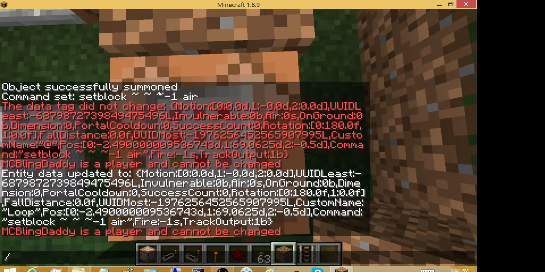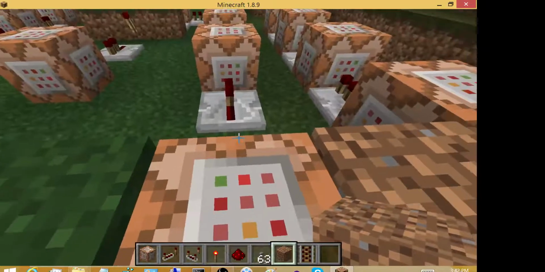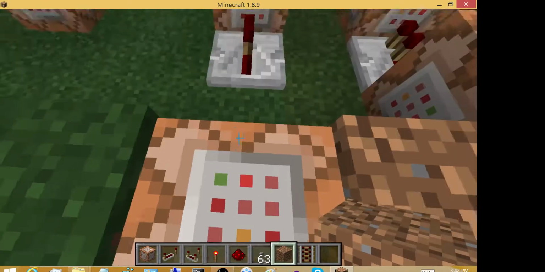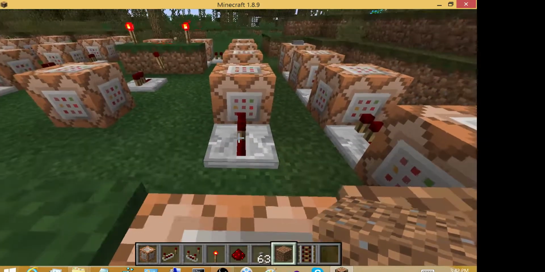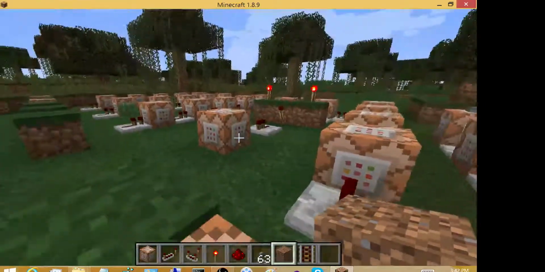Okay, so we're just about to go. Let's get out of our command mode. So what we expect is that a torch will be set here. This command block will be activated by it and set an air block to remove the torch. And then the torch will have activated this repeater, and so on. We'll move our